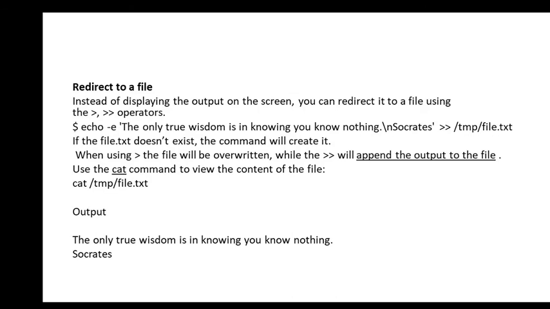When using the > symbol, the file will be overwritten, while >> will append the output to the file. Using the cat command to view the content of the file, the output will be: the only true wisdom is knowing you know nothing, with the newline there, that's Socrates.